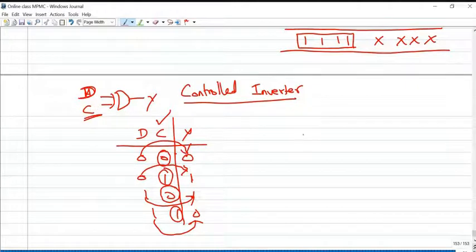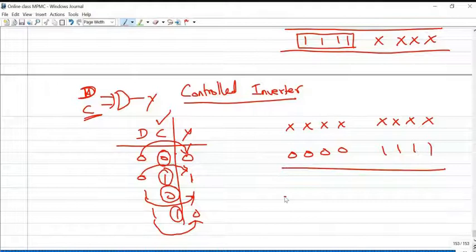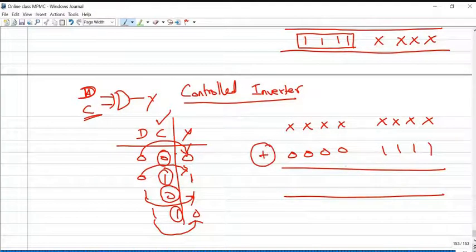So XOR operation is used in programming as this controlled inverter, or to invert a particular bit. So if I perform XOR operation between an unknown number with this pattern, if 0, whatever this input is, the same thing will be available at the output.